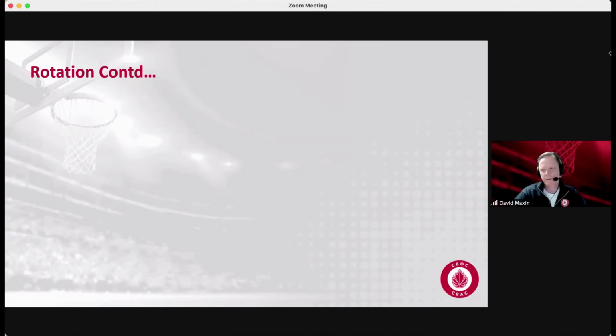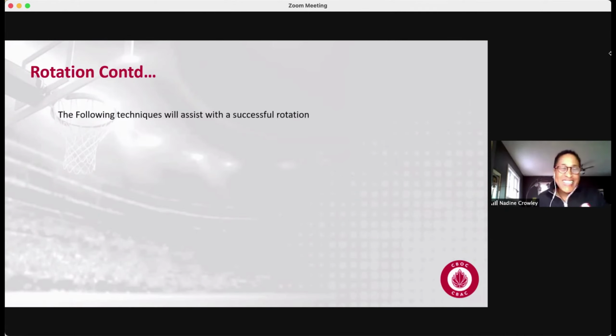Okay, so rotations continue. Nadine, you're still up. I'm still up. Yeah. So we're looking at the following techniques to help bring forth successful rotations. The first one is having the proper distance to rotate, which means getting close, which reduces the distance